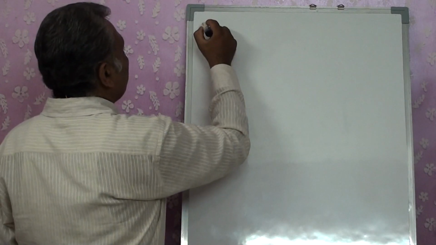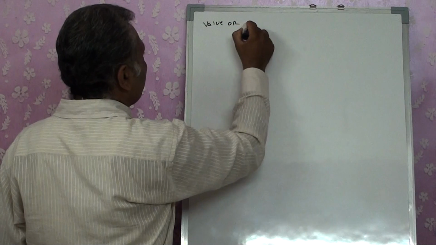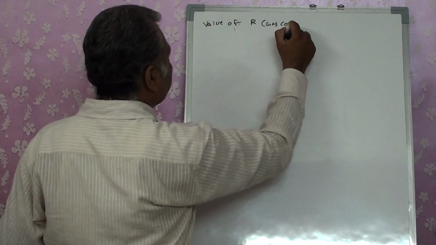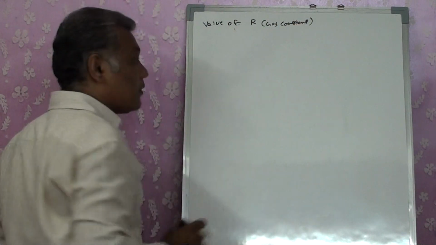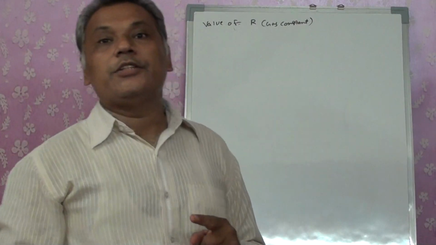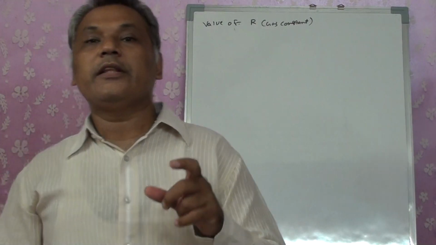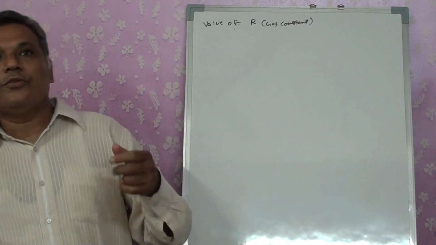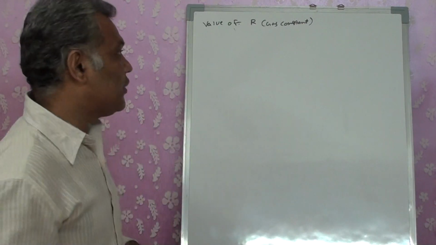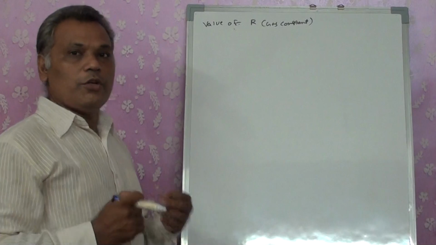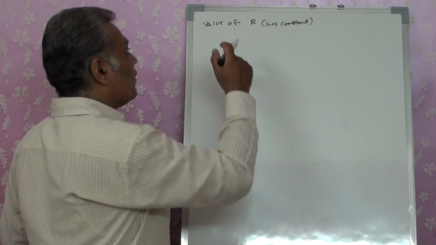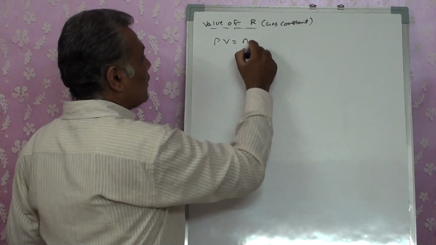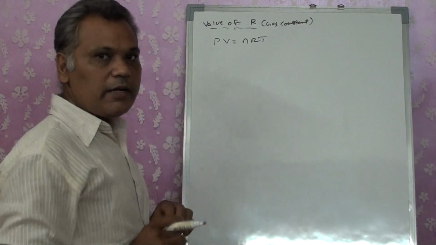The value of gas constant R will change depending upon the unit that we are going to calculate for, right? Unit to unit, the value of gas constant will change. So we will derive the different values for 2-3 different units, so that you can understand how these values will be changing. Like for PV is equal to nRT, this was the ideal gas equation.